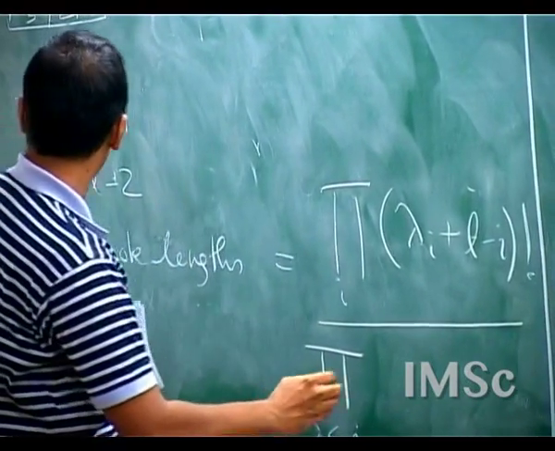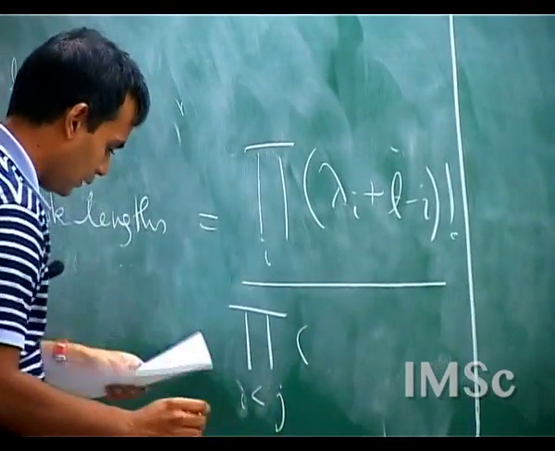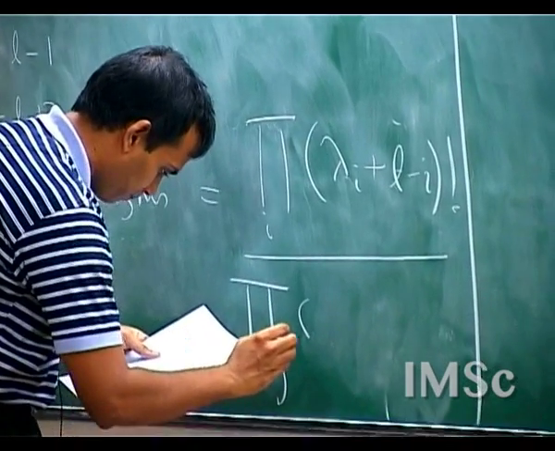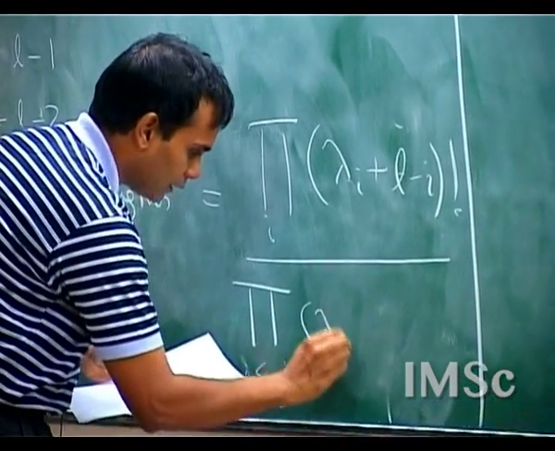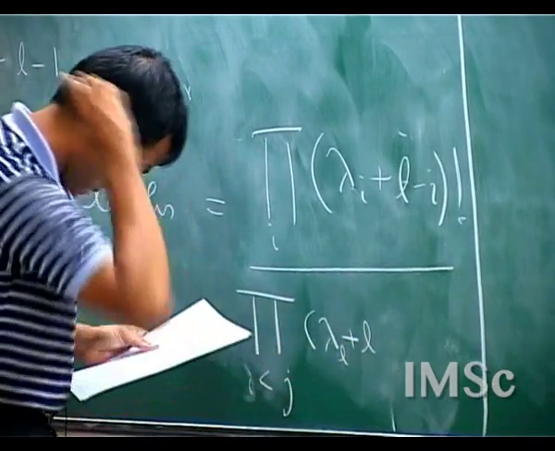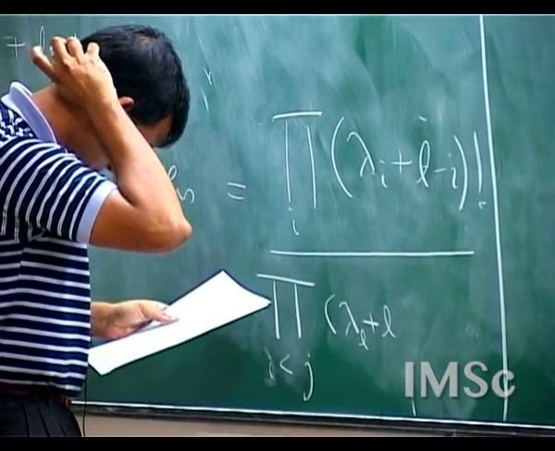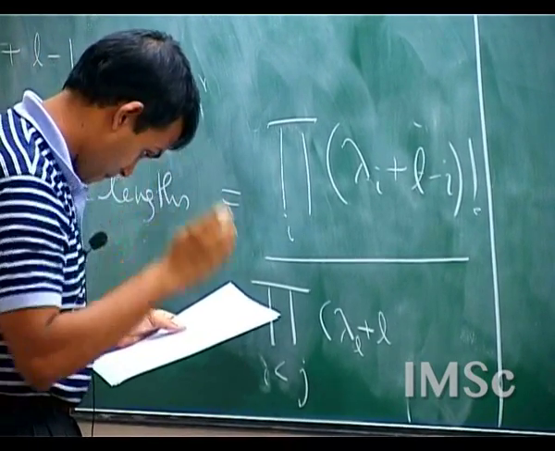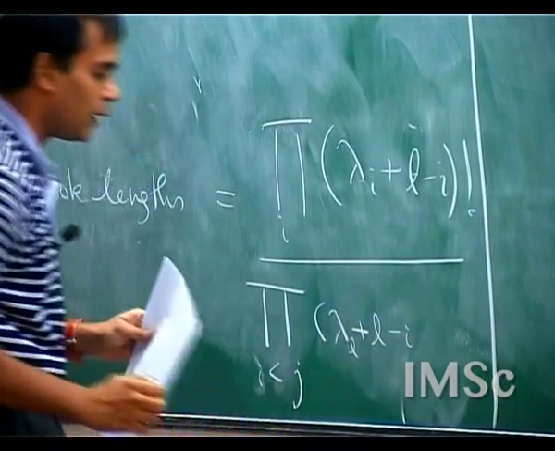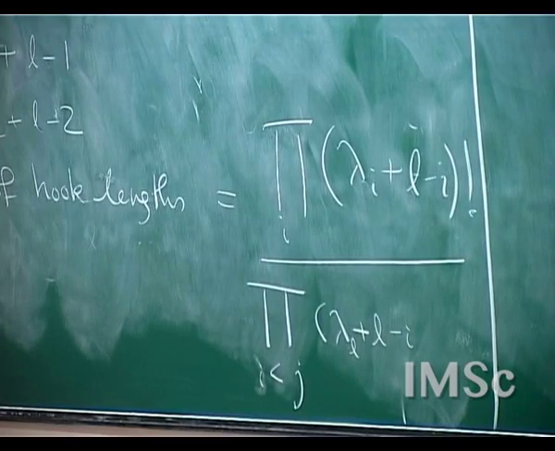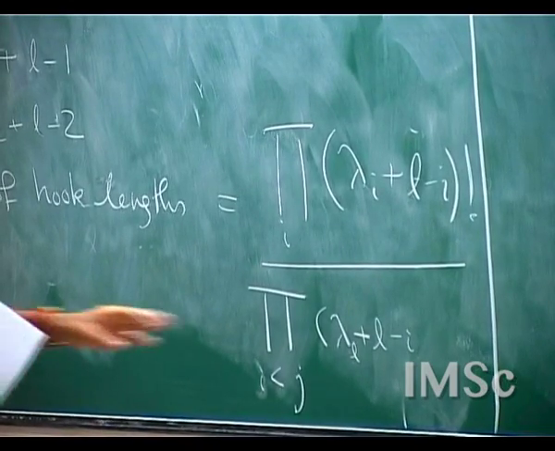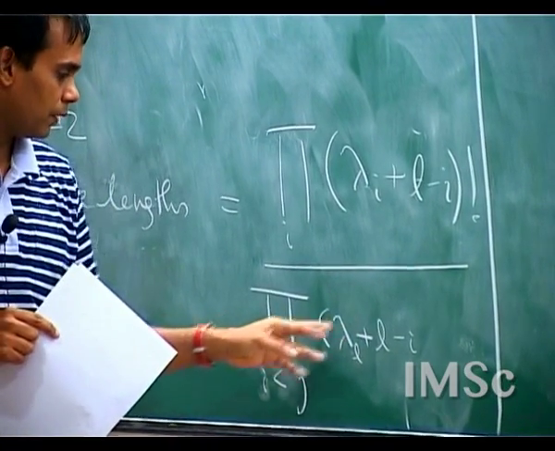So you need to just think this through a bit. You're starting with lambda_L plus L minus 1, but if you're in the ith row, you're starting with lambda_I plus L minus I minus 1. And what matters is sort of the relative difference of